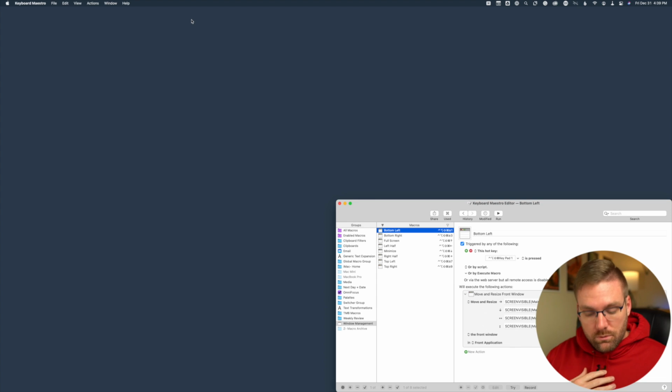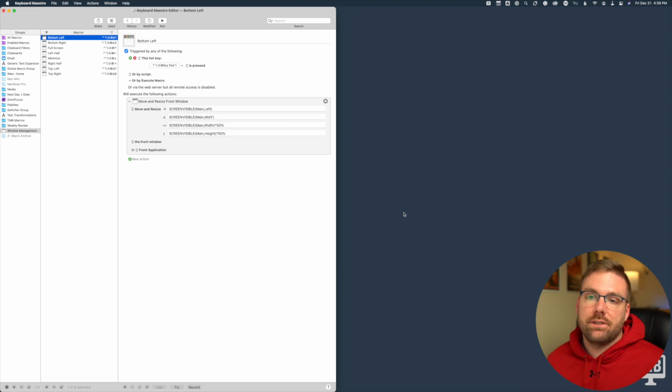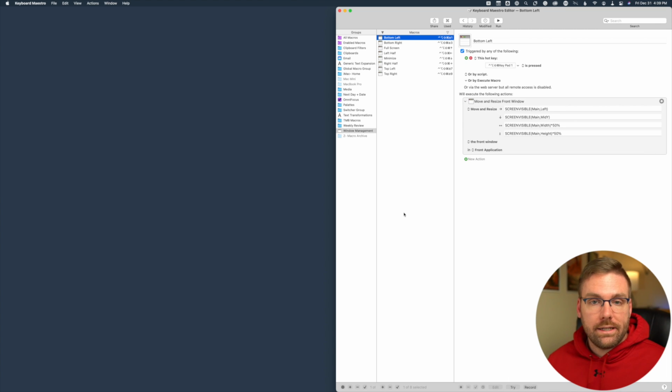I also use a lot the left column and right column. So I can put Keyboard Maestro to the left half of my screen and take up the whole left half, or I can take up the whole right half. And I used to use the left and the right half with the arrow keys when I was using this a lot on my laptop.